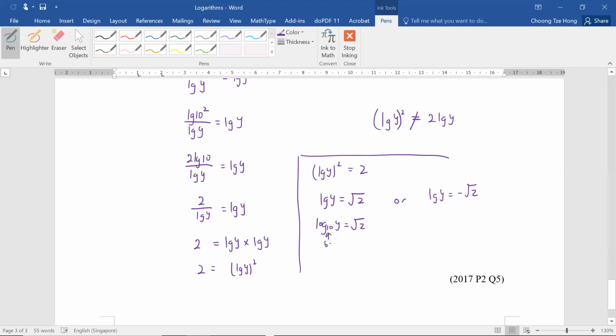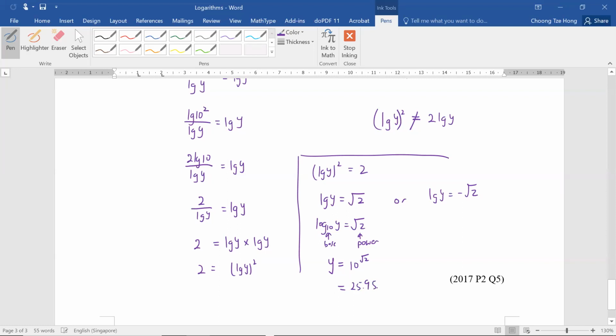This is the base and this is the power in the logarithmic form. So to solve, we will convert it to exponential form. It's very important to know how to convert between exponential form and logarithmic form and vice versa, because often it's the last step to solving the expression. So 10 to the power of square root 2 is going to give us